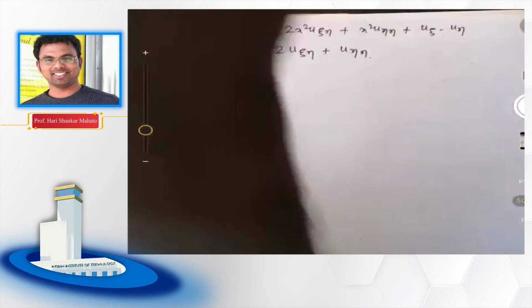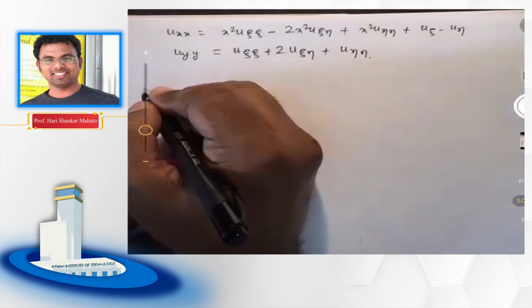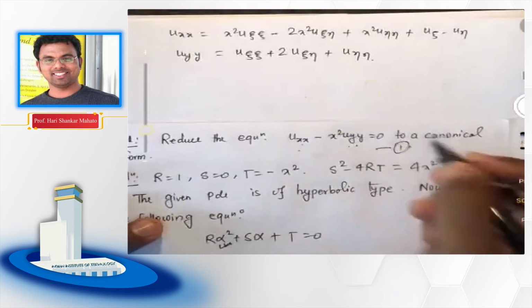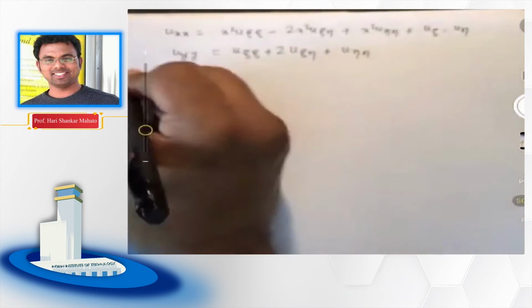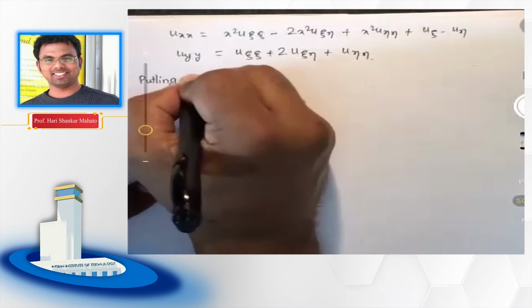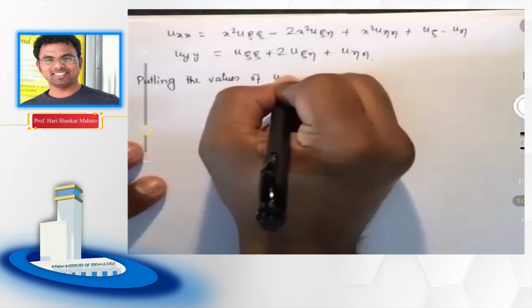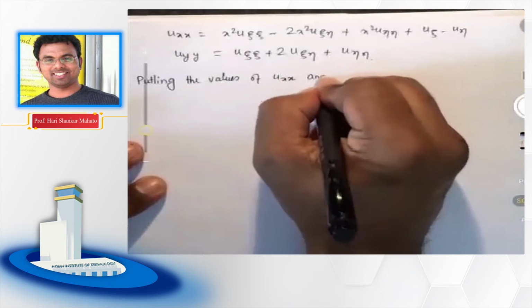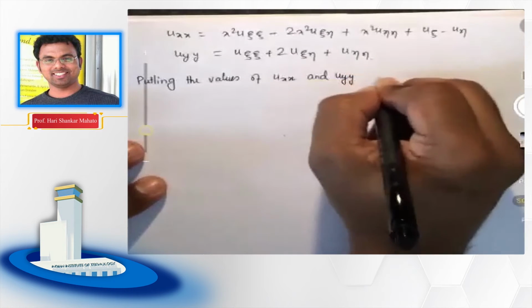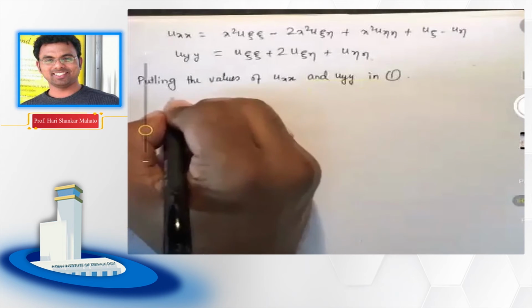And now I will put them back into equation 1. Have I put an equation number in there? No. Then you might as well put an equation number. Always put an equation number in the given PDE, even if I don't, always put an equation number. So, putting the values of u_xx and u_yy in 1, that is our given PDE, this will become